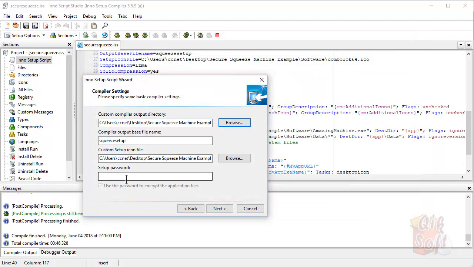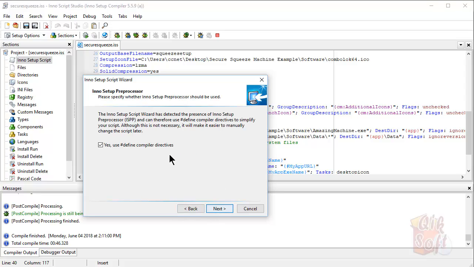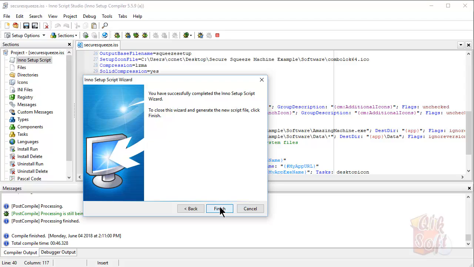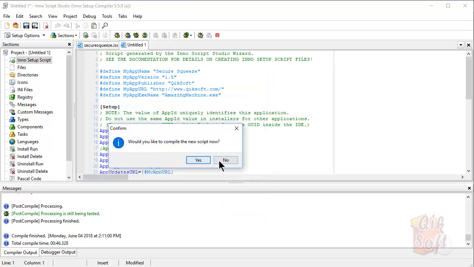Okay, that's good. We're not going to use a password, so that's the final exe name. I'm not going to put exe.exe after it. Leave it just like it is, and the icon, we're good. So we'll go next. I want to make sure we have the directive box checked. Go next and finish. We don't want to compile the script right now